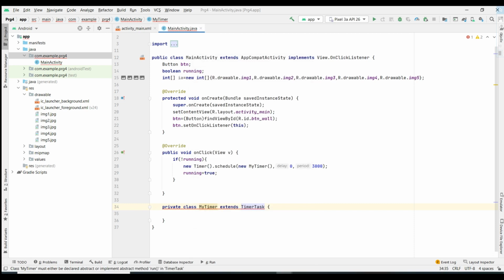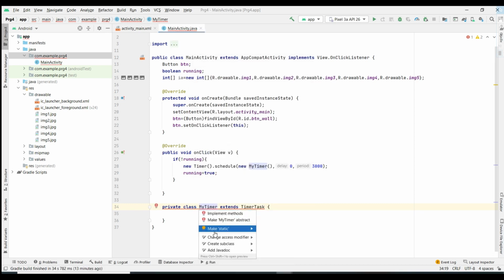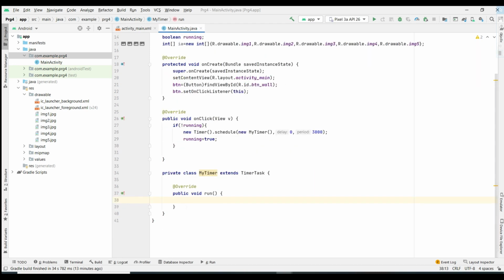See, here it is showing the red mark. So just click on the show context options. Here, implement methods, it should implement the run method. So give implement methods. It is going to ask for run. So click OK. So the run method is going to be automatically implemented here.